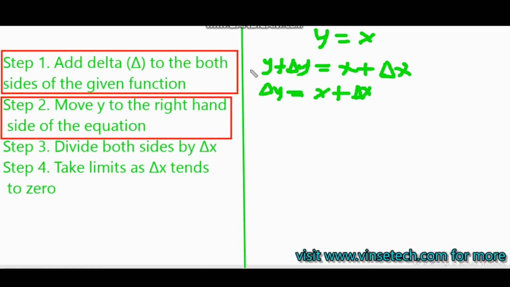Recall, the y is crossing the equality sign, so it will change from positive y to negative y. Also recall from this equation that y is equal to x. So replacing this y with its value, which is equal to x, we now have